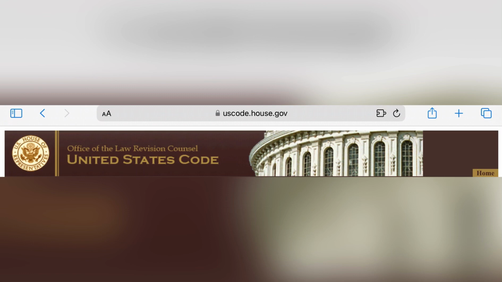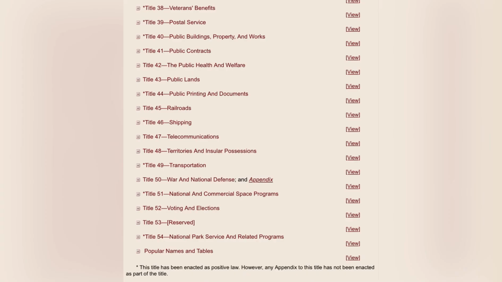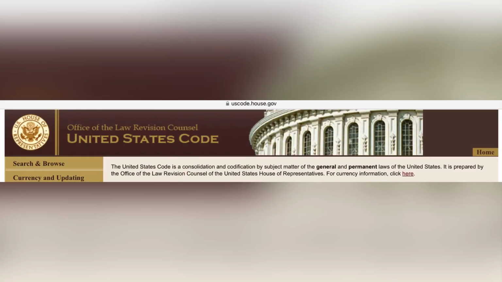uscode.house.gov and it'll bring you straight to this page. And one of the first things that you will realize is that the United States Code is comprised of 54 different titles. And if you're not sure what the United States Code is about, then stop the video and read the white area right underneath the picture of the Capitol. And of course, we're here to focus on only one of those titles, and that is Title 26, Internal Revenue